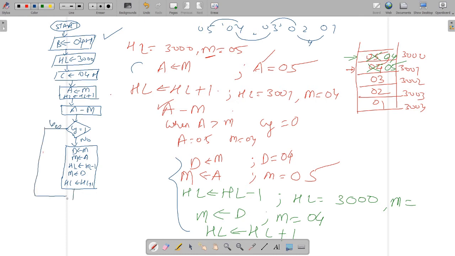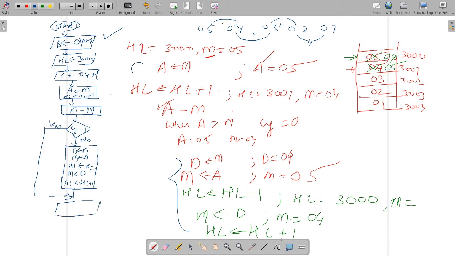Okay, because you are jumping. Suppose if your first variable is smaller as compared to the second variable, then you will have to skip this process. So now your first comparison has been done. So you will have to go for the second comparison, and we have already initialized our comparison as 04 hex.